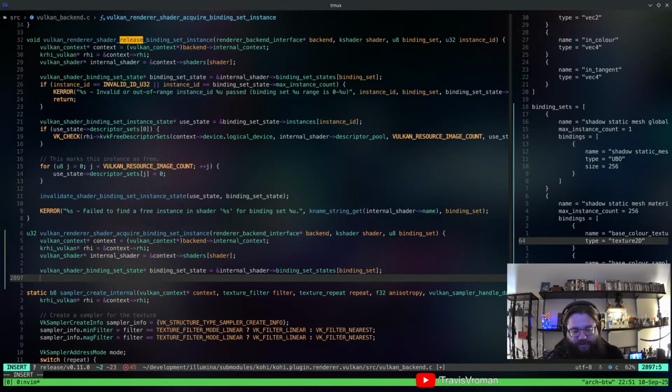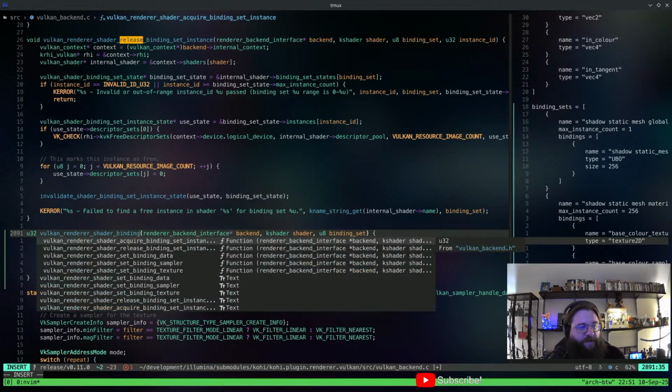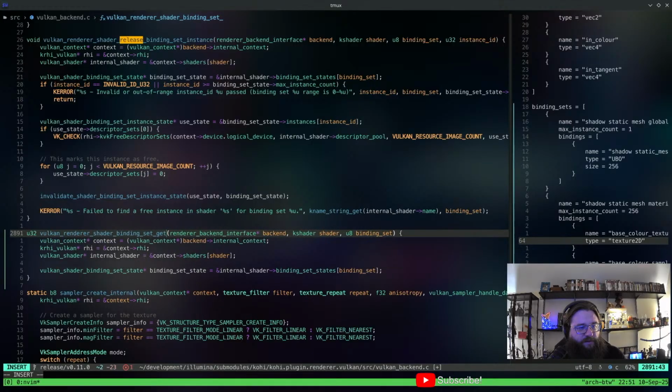So it's almost going to be the same, or at least it will be the same up to this point. So it's going to be renderer shader binding set get max count. That's really long, but oh well, it is what it is, I guess. And then we'll just return that count, right?